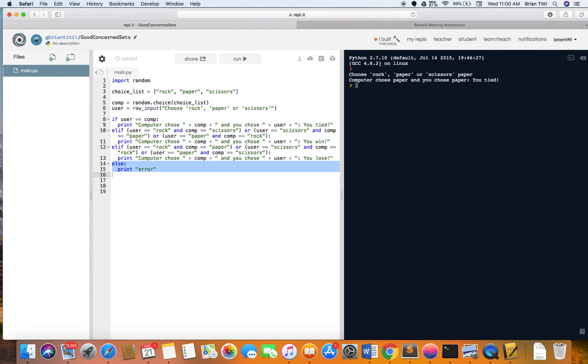But in the later levels, I asked you to expand on it. And there were 2 ways I asked you to expand. The first way was to keep track of who wins and do a best 2 out of 3. And then the second was to do a rock, paper, scissors, lizard, Spock, where you add conditions to the rock, paper, scissors